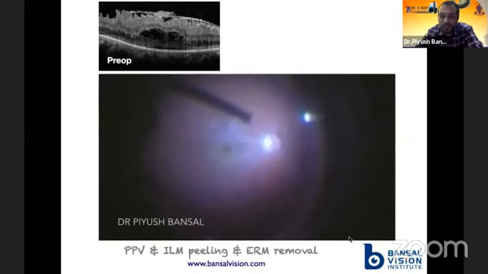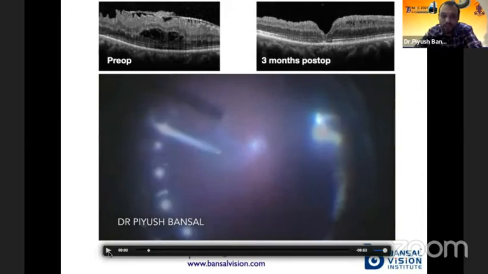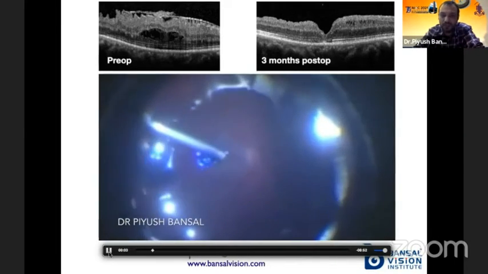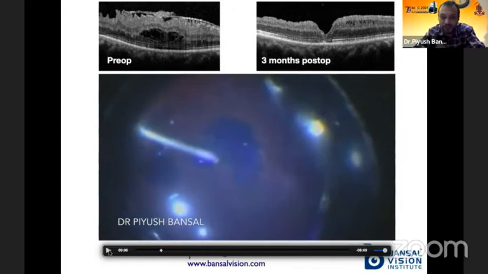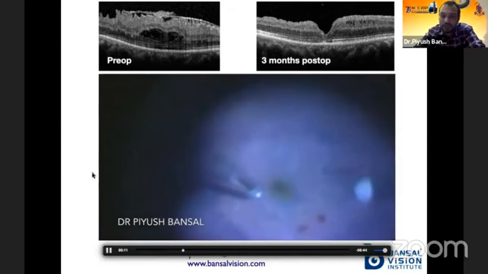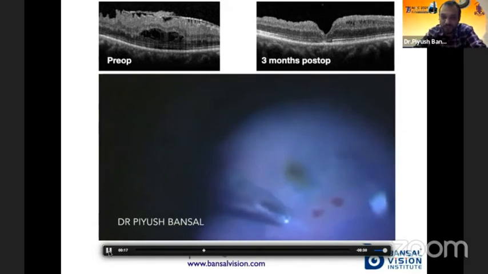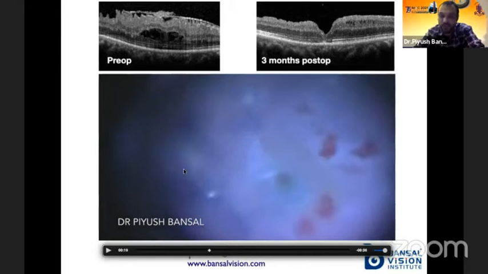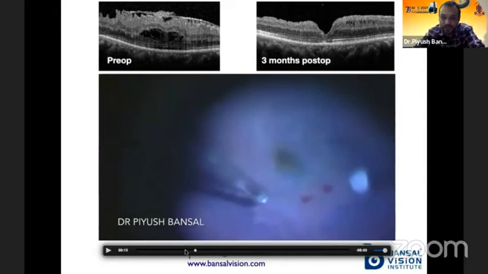Another indication where we commonly do combined surgery is patients who have an epiretinal membrane along with cataract. Peeling the epiretinal membrane becomes extremely difficult when there is any difficulty in visualization. So another trick over here is to use the help of brilliant blue G while peeling the epiretinal membrane post cataract surgery. As you can see, the visualization was not very great over here. But after you stain with the brilliant blue G using a negative staining, you can see over here that